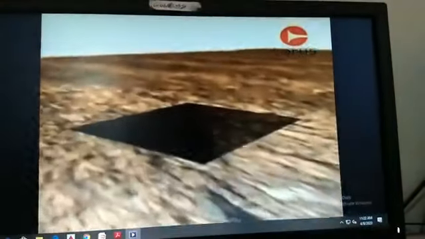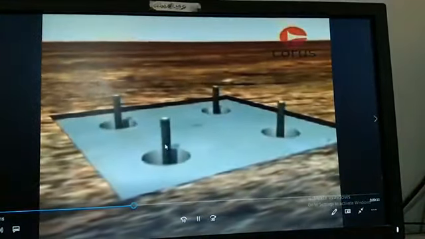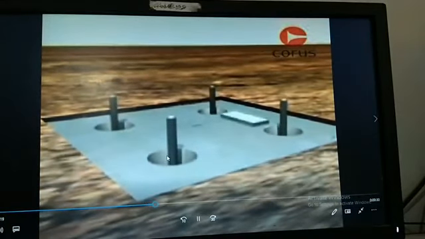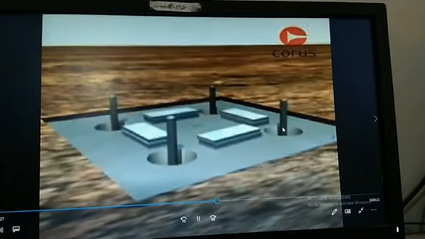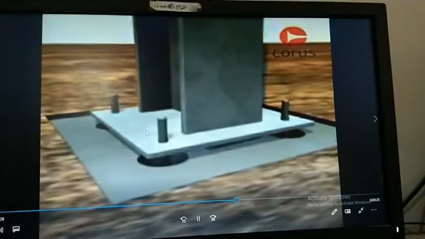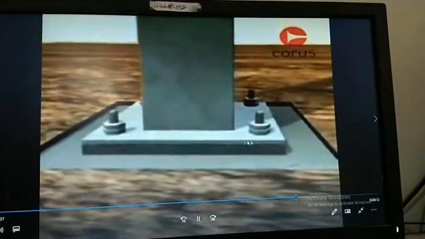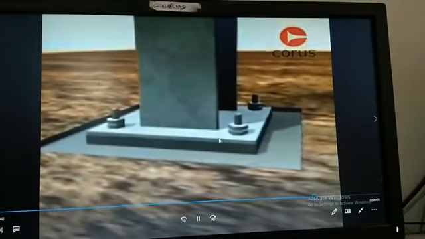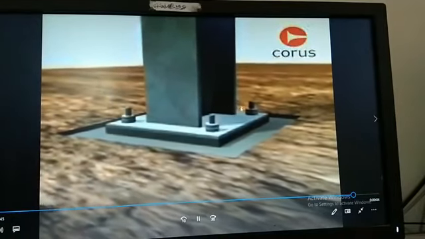Now you can see the column which is connected to the slab base. So this is how the steel structural footing takes place. So these are all anchorage bolts, which are cast along with the concrete, and these anchorage bolts' threaded portion will be projected out by having a proper template. So these are going to be inserted into the slab base, right, and the slab base was bolted with the anchorage bolt like this, and this slab base is connected to your column with the help of welding.